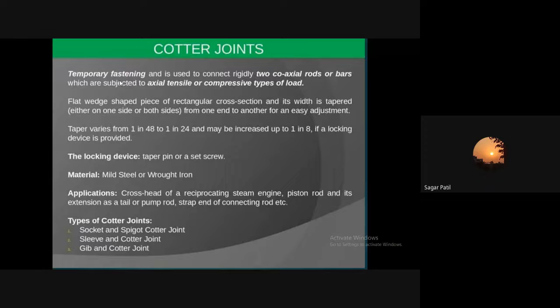So it is welded joints. Two elements are joined together permanently, which means if you need to separate them, you need to break them. But here there is no need to break. We can separate the two elements easily as there will be a temporary fastening. So the quarter joint has a temporary fastening and is used to connect